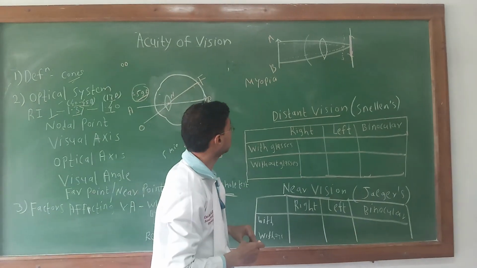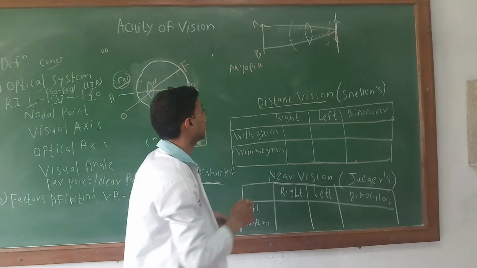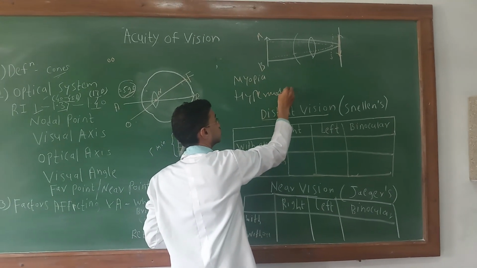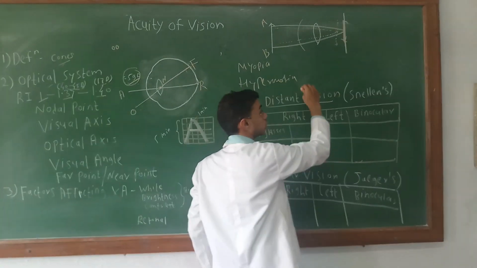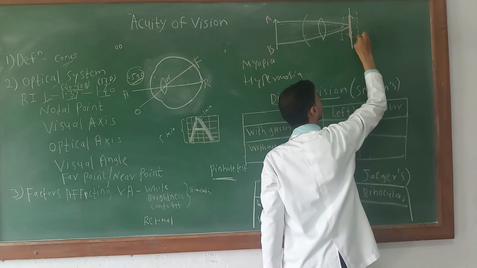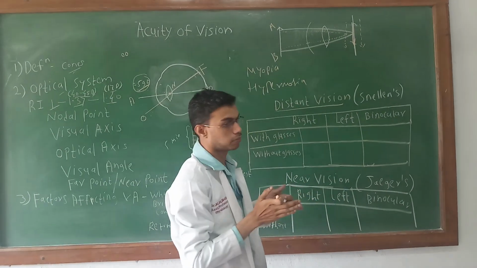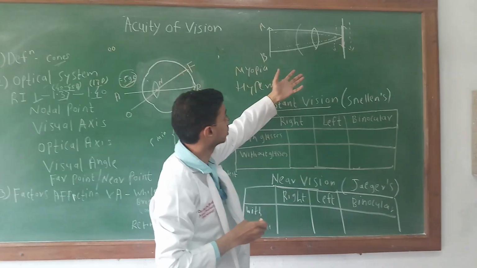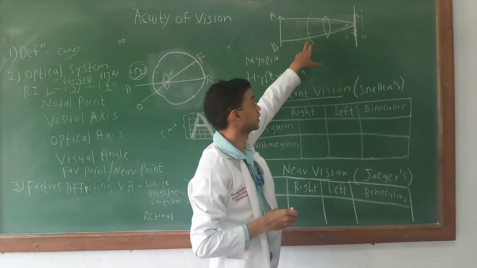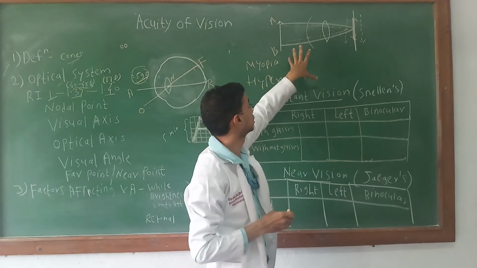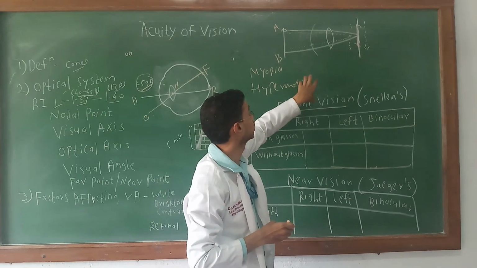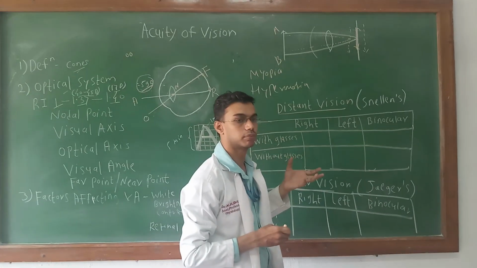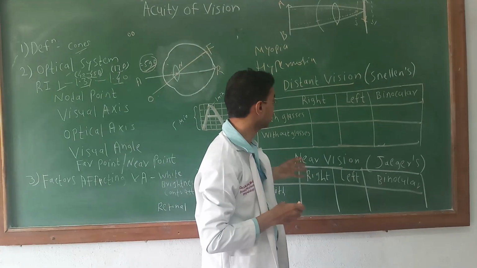Okay. Then what is hypermetropia? When you ask the person to see a particular object, the image does not fall over the retina. The image falls beyond the retina. It is because of decreased power of the eyeball, decreased length of the eyeball, reduced power of the lens, and flattening of the cornea. Okay, these are the causes of hypermetropia. Now we will see how we check whether the person has a problem in distant vision or in near vision.